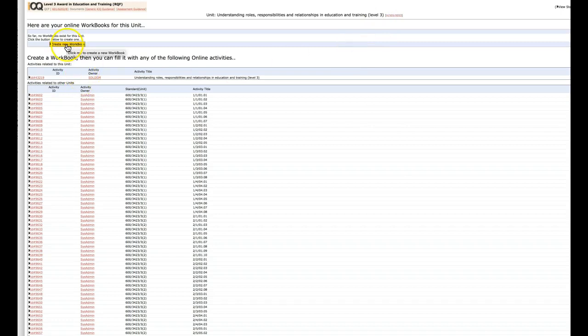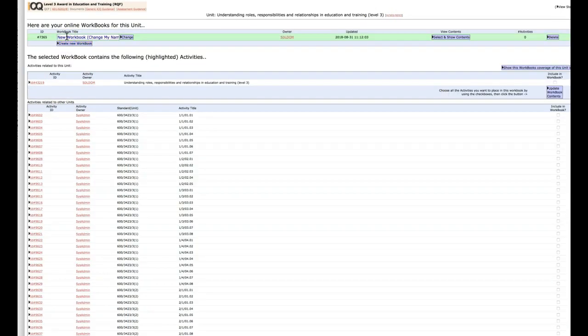We then want to create a new workbook. You're advised to change the name of the workbook. So again, I'm going to call that the name of the unit. I've copied the name of the unit there. I'm going to press change, and then the activity that I've just created is here,